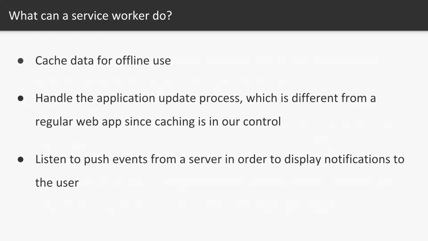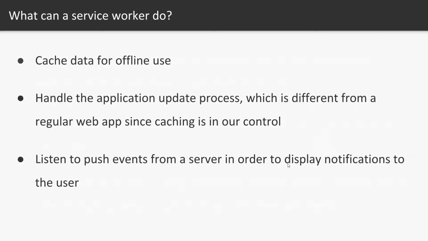As a result, a Service Worker is a perfect candidate to cache data for offline use, or even to handle the application update process. And this is different from a regular web application or a regular website, because now caching is in our control, which means we're going to cache the JavaScript of the application. And so when we release a new version of the app, we basically have to handle that and detect that a new version is released, so our Service Worker can download the latest version of the JavaScript when it is online. So that's an extra step for us that we have to deal with now, and that's slightly different from